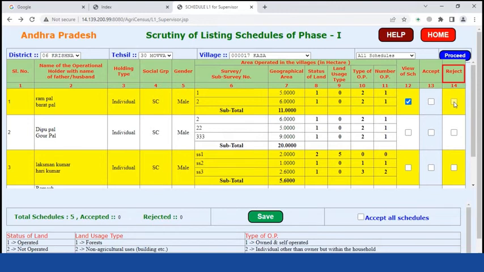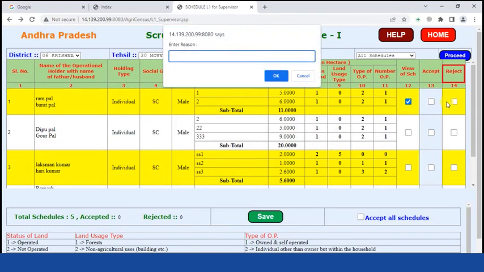When the supervisor clicks on the rejected schedule, then a pop-up option opens. In the pop-up window, the supervisor types the reasons for rejection. This text has to be within a maximum of 70 characters. If the enumerator wants to rectify the records, then he or she puts the tick mark by clicking the mouse in this checkbox. The system will automatically display the data entry screen of phase 1 schedule for the enumerator to